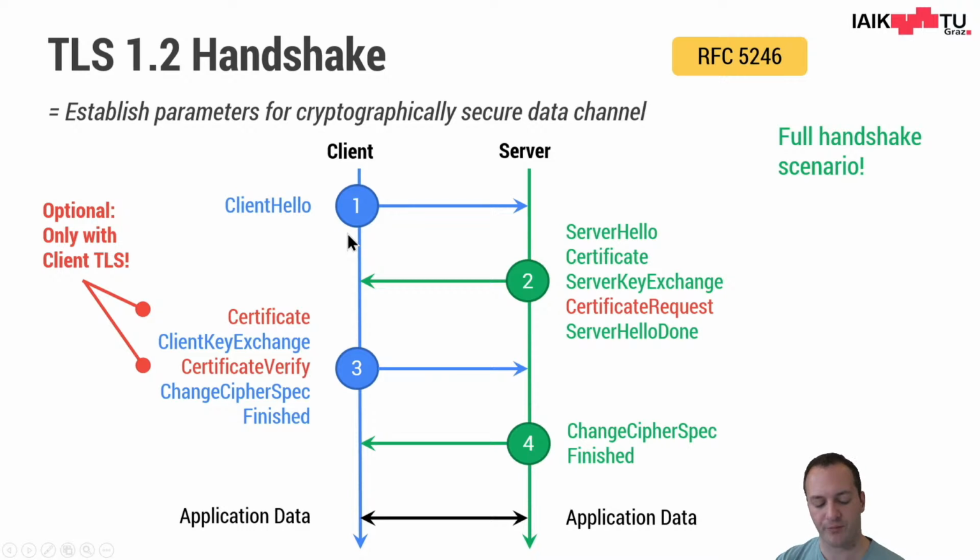So when you go to a website using HTTPS, the first thing your browser does is send a so-called client hello message to the server. The server most likely listens on port 443 for new connections, will receive your client hello, and then reply with a server hello message, and send another message which includes a certificate, a server key exchange. Based on that, the client will arrange its own key exchange, send a so-called change cipher spec, a finished, and of course the server also sends the server hello done. The server will again reply, and then they have negotiated. So after point 4, we will have agreed on a secure key to exchange